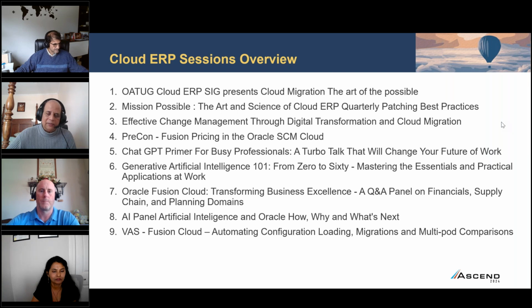Now, the last session, which I would focus on, is about automation in the Cloud ERP. You need to move setups from one environment to another. You have a lot of moving parts. This is a session by Config Snapshot, a great tool in automating and migrating the setups. More importantly, it helps in understanding how the setups differ between different environments.